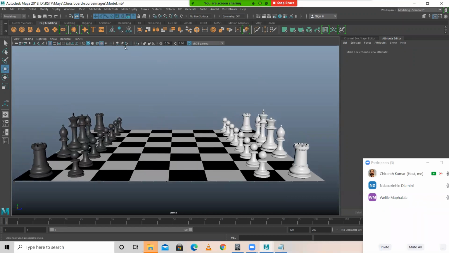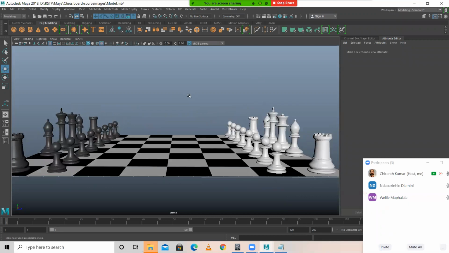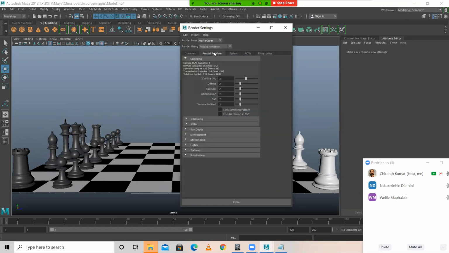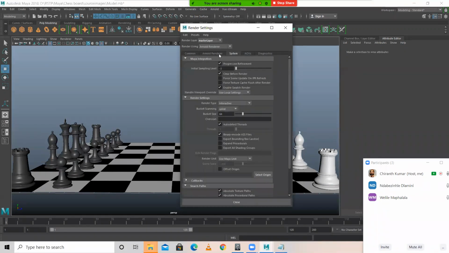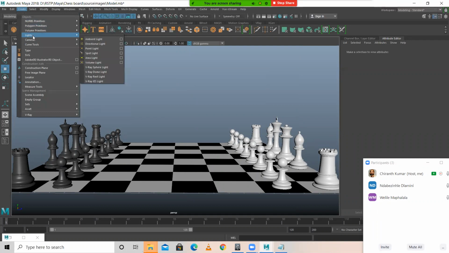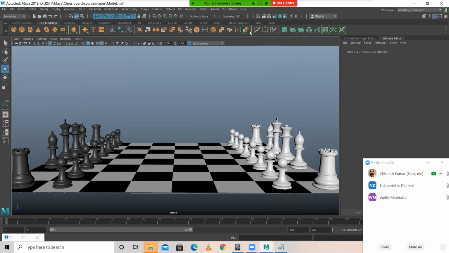Okay. So I'll show you how this looks when you do the lighting. In settings, I'm using Arnold. Arnold light, physical sky.